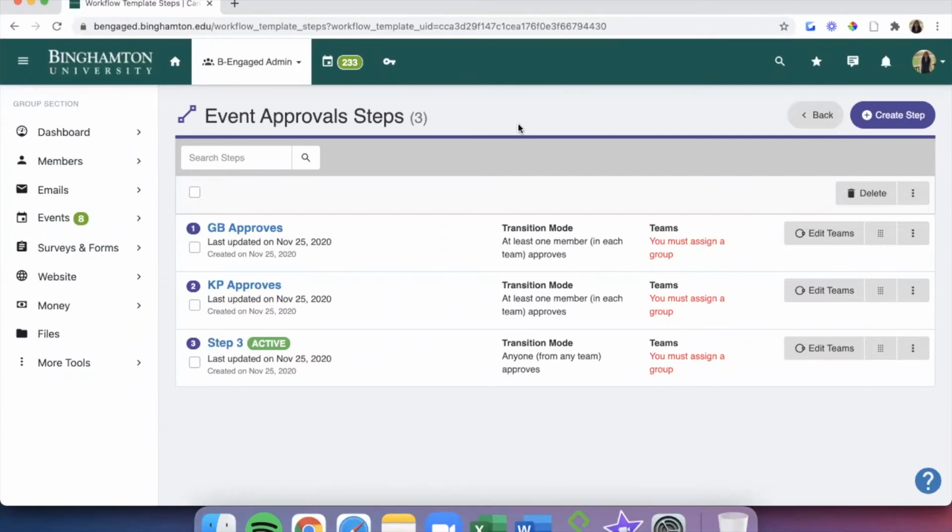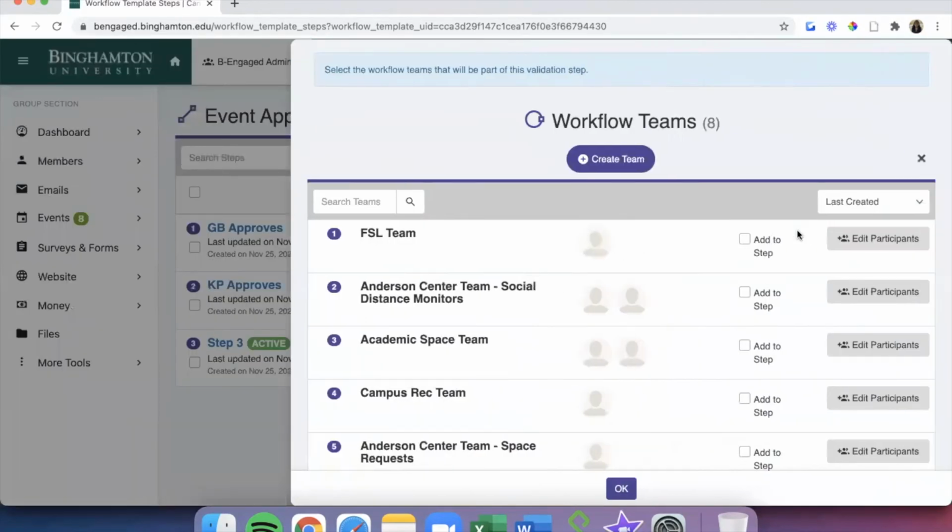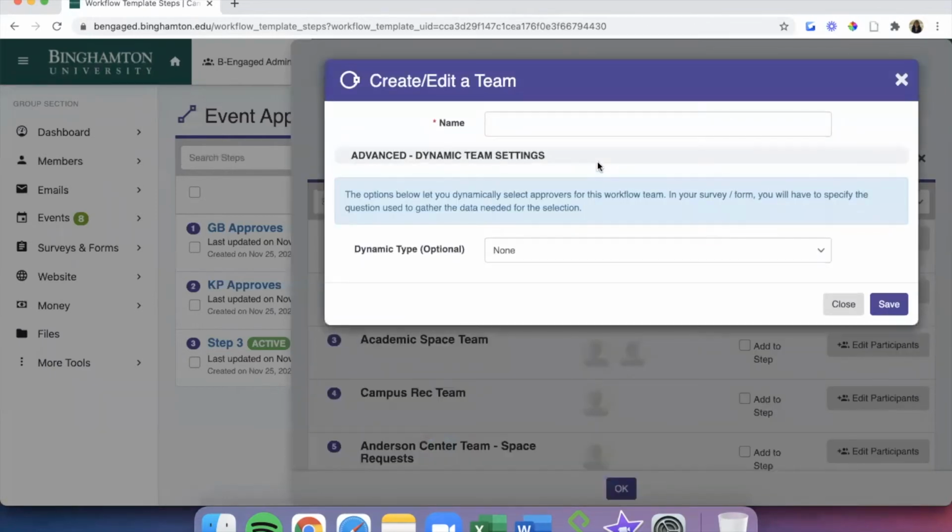Next, you need to set up teams that are responsible for approving these steps of the workflow. To do that, click Edit Teams next to the first step in order to add users to the approving team. You should see the Workflow Teams page pop up, and on this page, to get started, select the purple Create Team button. On the next pop-up window that appears, entitled Create/Edit a Team, type the name of your team